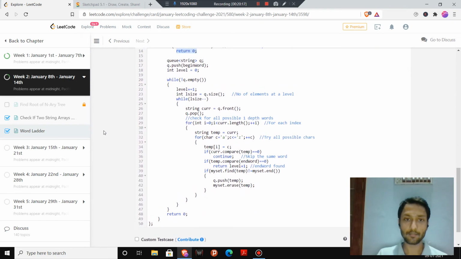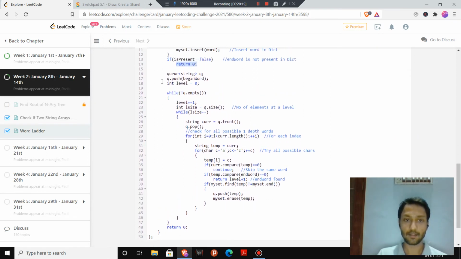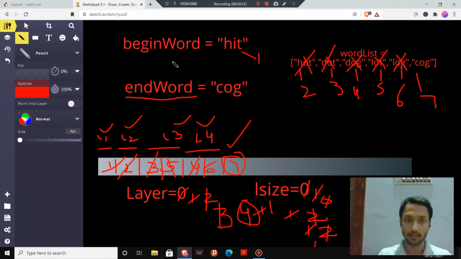Okay, now if my end word is present, we will apply BFS. So here we have a queue of strings, and we have named it q. We will push the begin word. Okay, so the same as we were doing here. We have pushed the 1 here, and we have pushed all the words that can be made from this word 1.